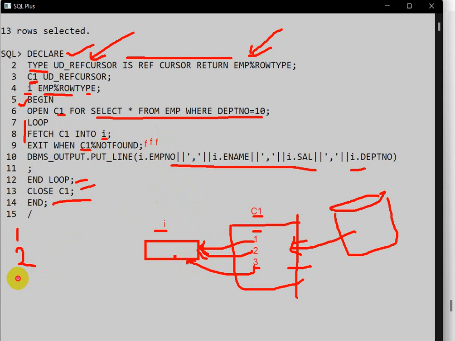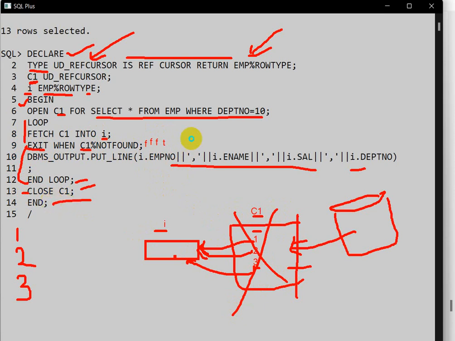Then it will print the third row data. Next it will go again, but here we don't have any data, so C1 will be empty. FETCH C1 INTO I, so it will return true because there is no data after 3. So we will exit from the loop, then it will go to end loop, then close the cursor. Close cursor means it will be destroyed, and end of the program.